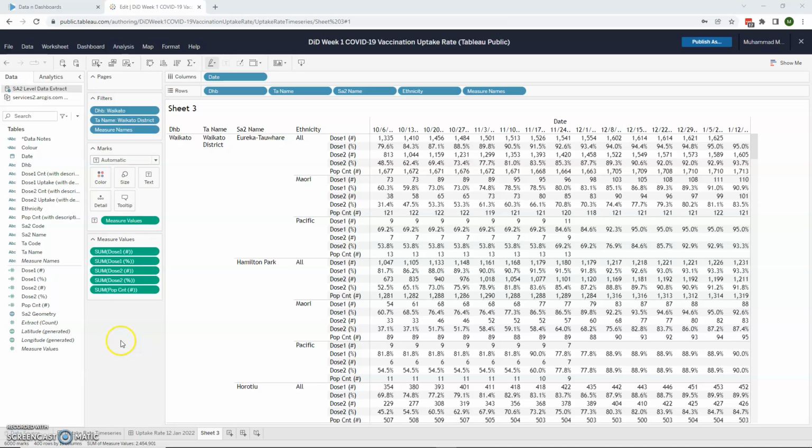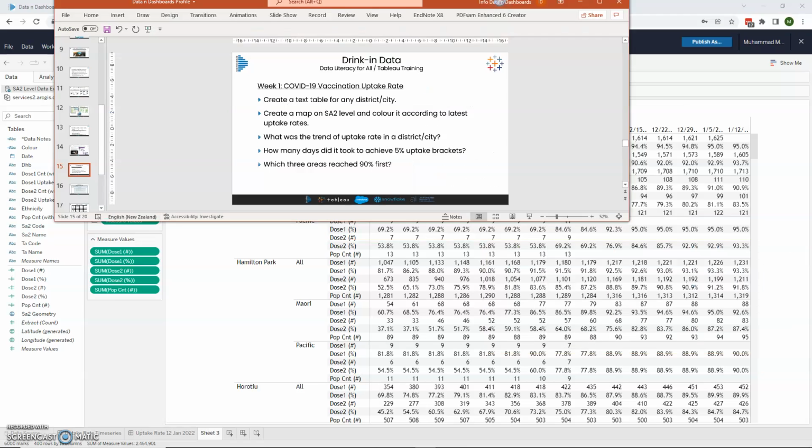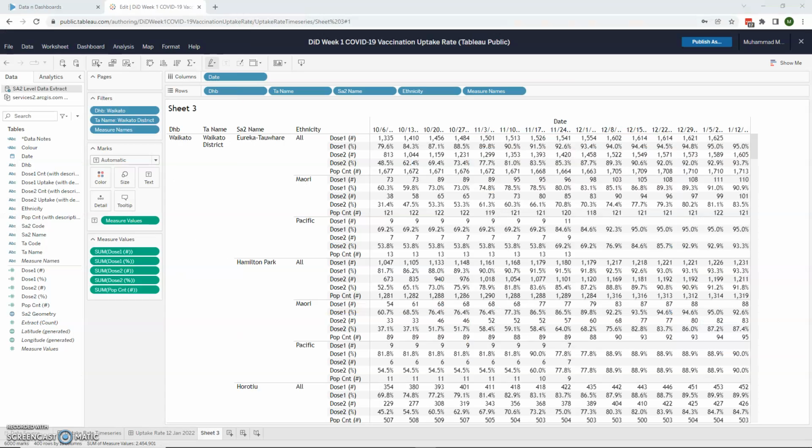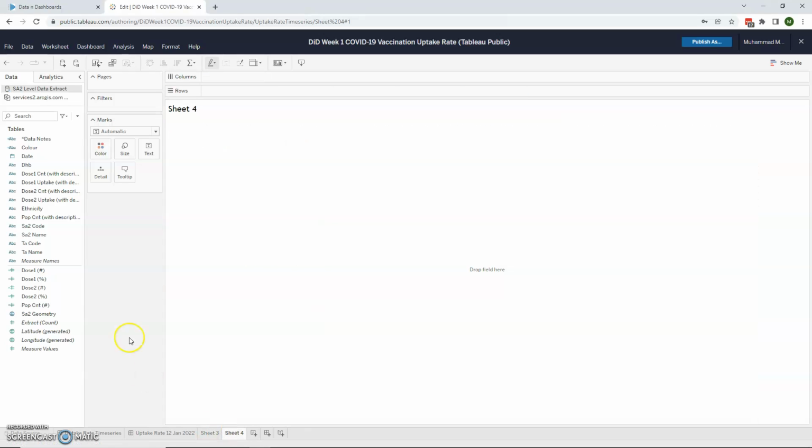Yep, so continuing from our first video, we will just be continuing with the second part in here, in which it was to develop a map on SA2 level and color coded accordingly to the latest uptake rates. So what we have to do is to create a new sheet first of all. So I'll just click at the bottom in here, create a new sheet, and then to create any kind of